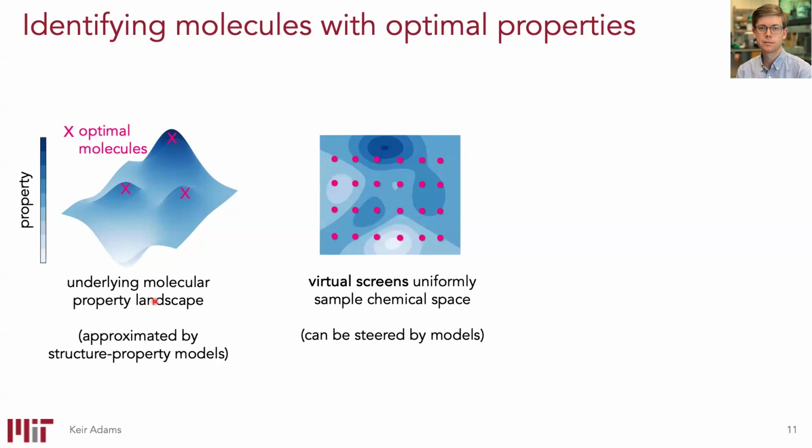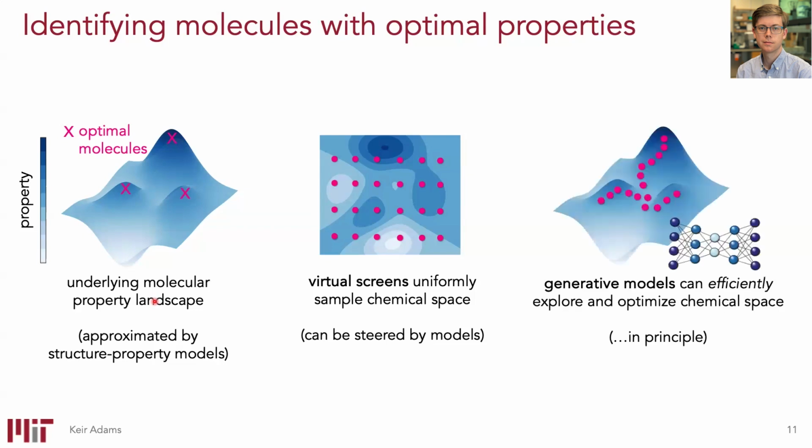So what we can do with our structure property model is screen vast chemical spaces. We could say, here's a list of candidate molecules. I can go online right now and download a list of 2.7 trillion molecules that Enamine is willing to sell me. And I could say, which of these 2.7 trillion molecules has the best predicted property? That could be the basis for how I drive my set of experiments. And so virtual screening could just say, for this candidate, here's the prediction, for this candidate, here's the prediction, and so on. And that can work, and that's been the dominant paradigm.